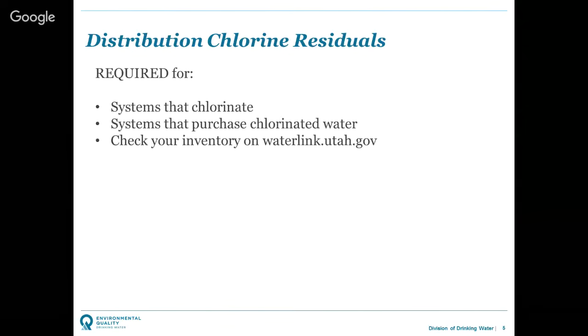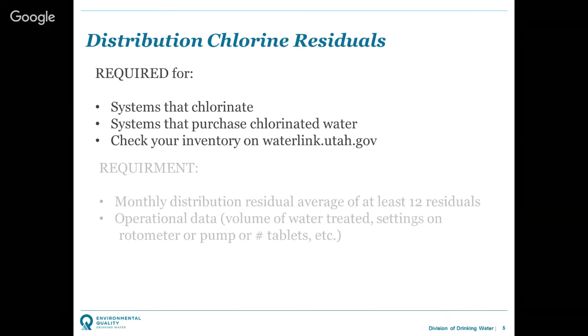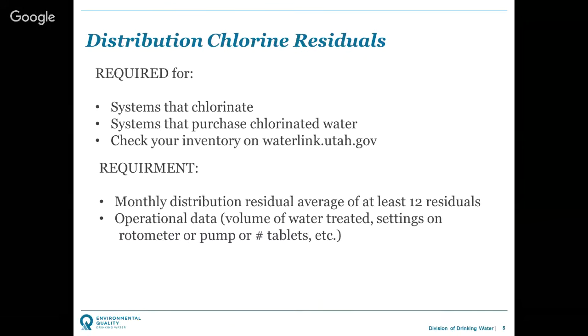So this requirement has to be fulfilled for systems that add chlorine or if you're purchasing chlorinated water. If you're confused as to if we have your system as part of this requirement, you can go check your inventory report on waterlink.utah.gov. So you have to submit and report every calendar quarter your monthly residual average and the